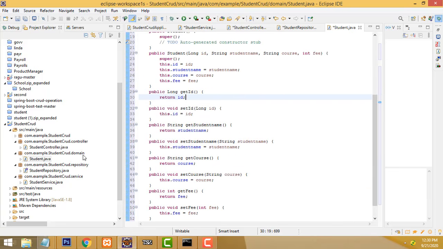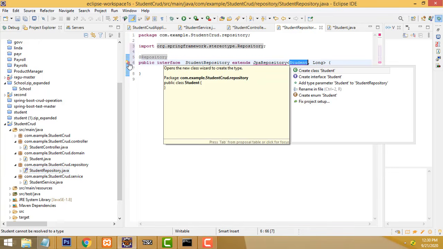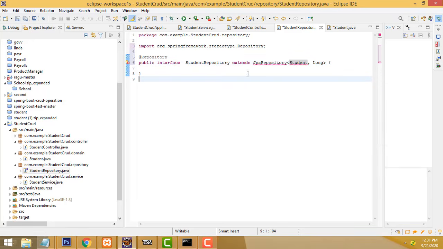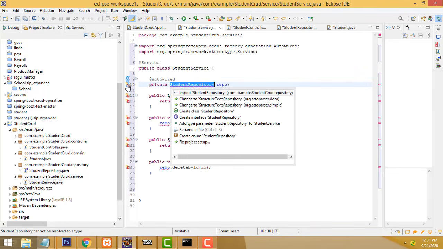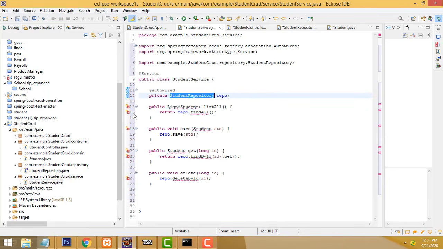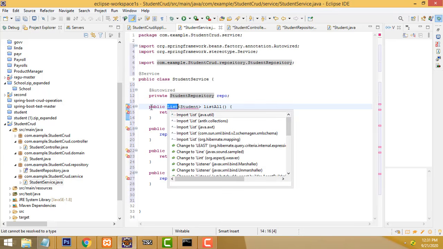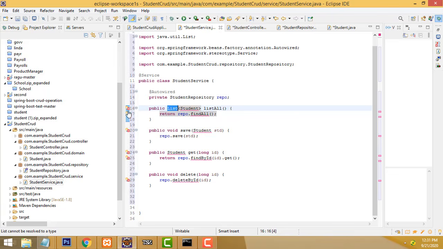Now let's look at the other things. What happens is the repository. This one we have to click on. We already added the student class, right? Okay, this is the problem. Another thing is the student service. Now we have to import the student. We have to import all the stuff we have added. This class also, the student class we have added. Click on this one, student, the list. First we have the list, second is the student.